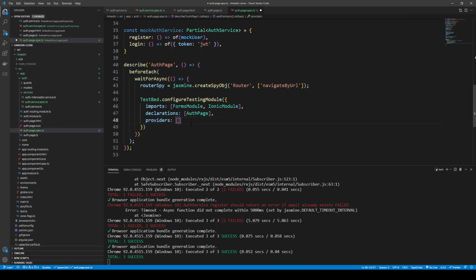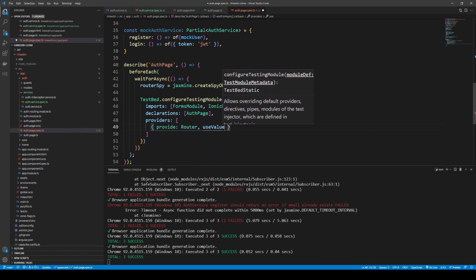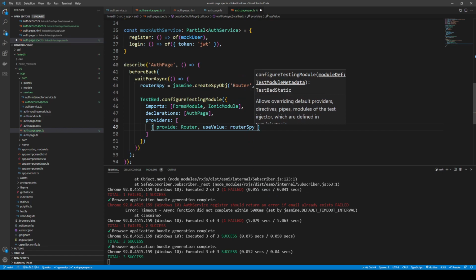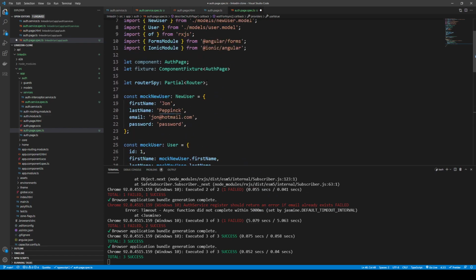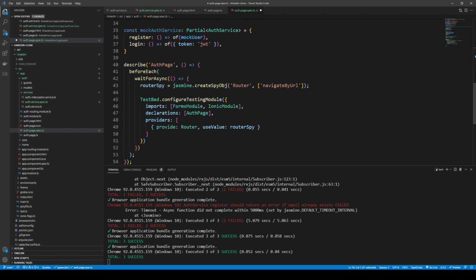So what we can do is have an array of objects. What we want to do here is provide the router, but we just want to use the value that we've defined in the router spy. So we've got this router spy here. It's a partial of router. And then what we've done, before each of these tests, before this configuration of the testing module, we only need the navigateByUrl method, and the spy allows us to simulate that